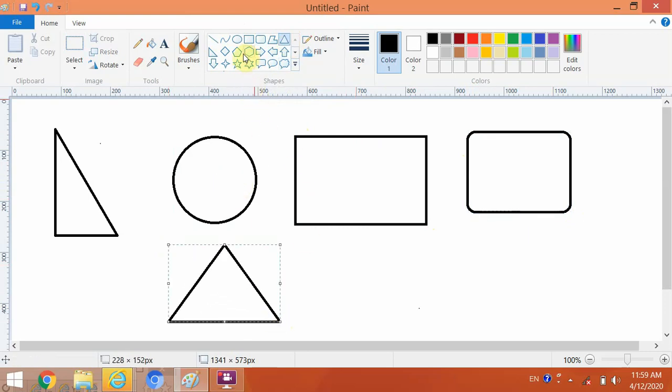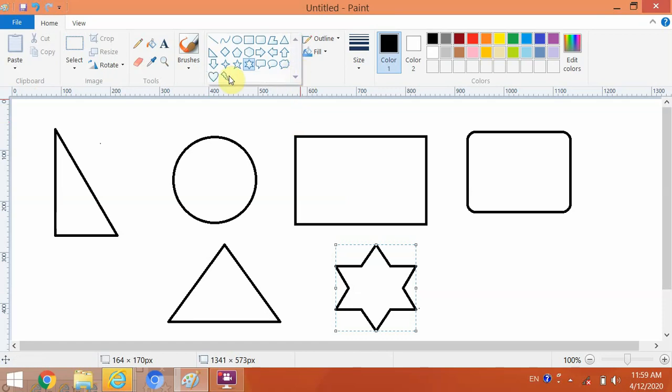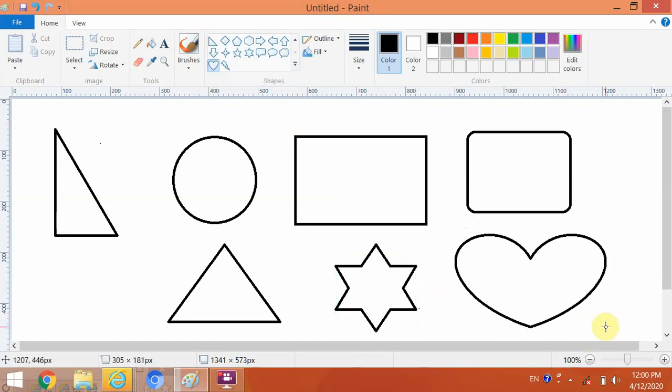These are the basic shapes of Paint. You can draw any types of shapes that are available on Microsoft Paint.